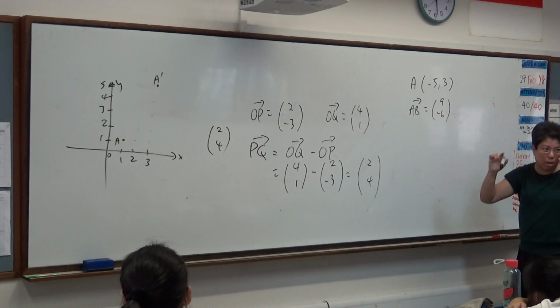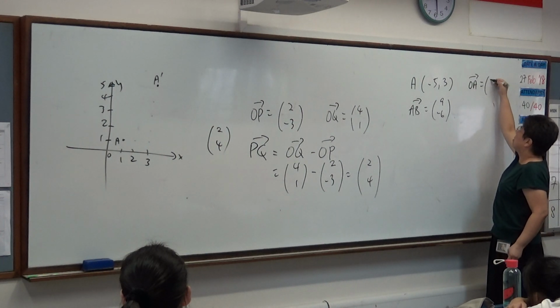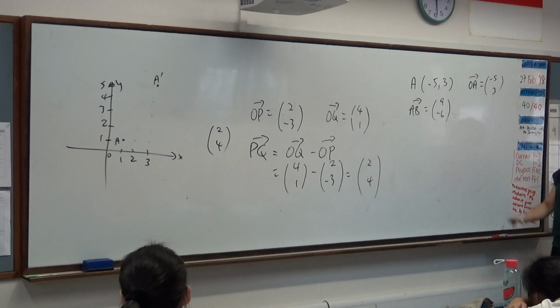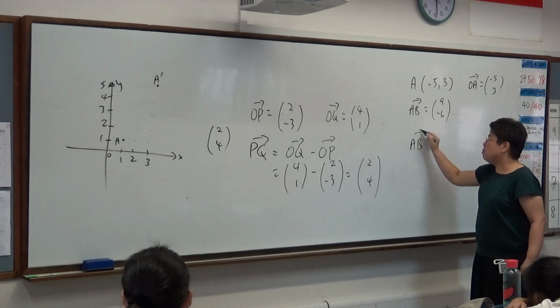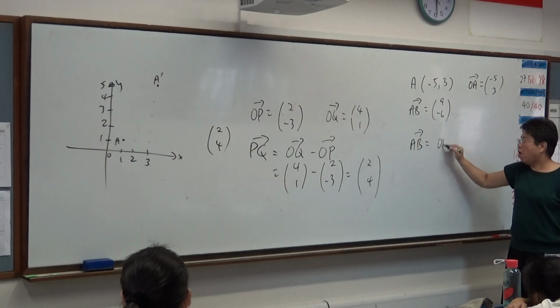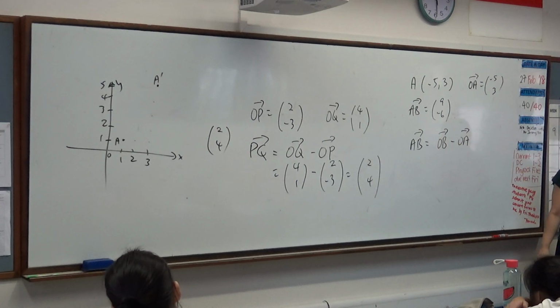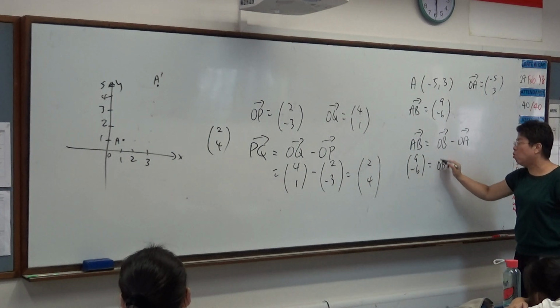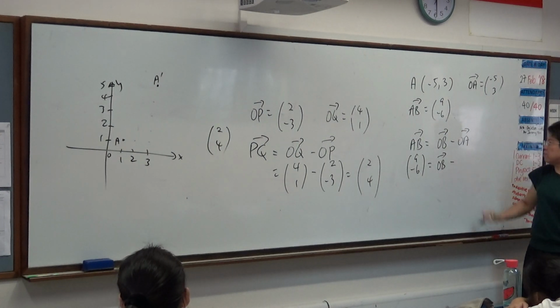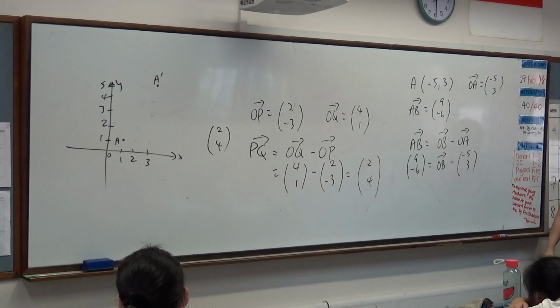Okay, now everybody look up. Do you agree that this one means OA is -5, 3? Yes or no? Okay, now everybody look up. AB means what? OB minus what? OA, right? Everybody okay? So what's AB? 9, -6. OB we don't know, right? Okay, minus. What's OA? -5, 3, right? Everybody okay? So can